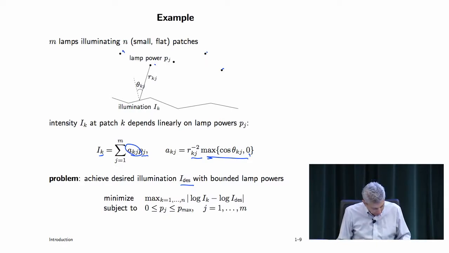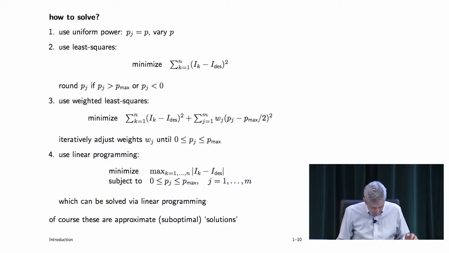So, okay. All right, so how would you do it? Well, I'll just trace you through what I think would be a reasonable way to solve a problem like that. By the way, this is someone who actually wants to do this. This is not a theoretical analysis or something like that. So you might do the following. Just to get a feel for the problem, you might set all the lamps at constant power, and then vary that power level and plot the objective and find out what constant power level would do the best that way.